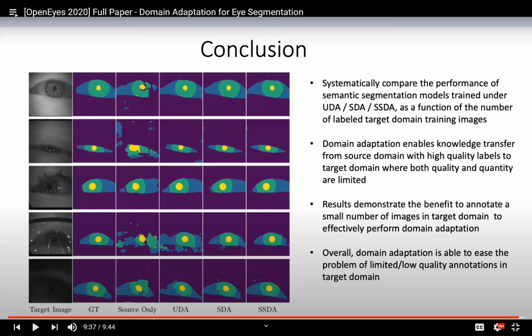How would we transfer the knowledge from another similar but different data set to help with our case, in the best case scenario? How to best solve eye segmentation, where the data contains varying illumination and the quality of both the data set and the annotations is limited. We have done some experiments comparing directly using the limited data to train the model with some augmentation. But it turns out that domain adaptation does improve the performance to a great extent.